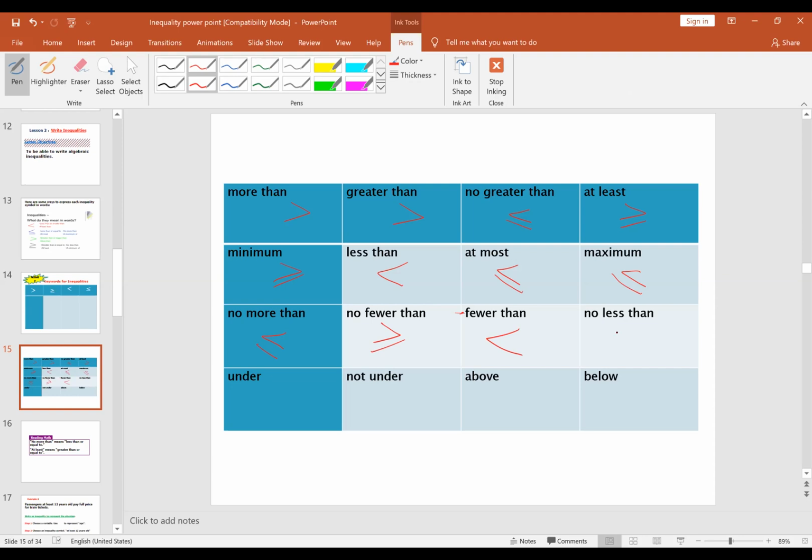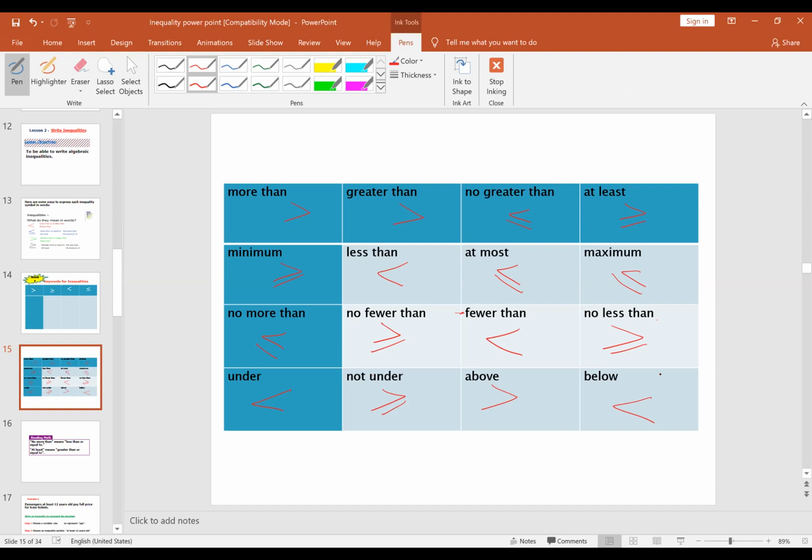No less than, it is greater than or equal to. So it is opposite of less than. Therefore, it will be greater than or equal to. Under is less than, not under, it's greater than or equal to. Above is greater than, below is less than. Okay, I hope this exercise was useful for you to understand the different keywords that can be used in order